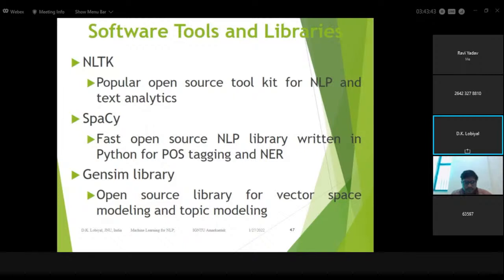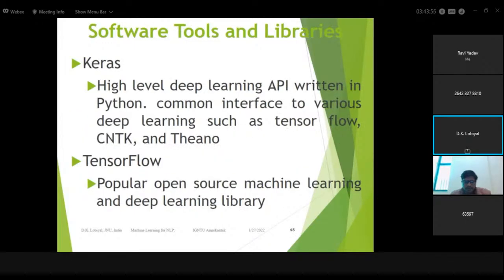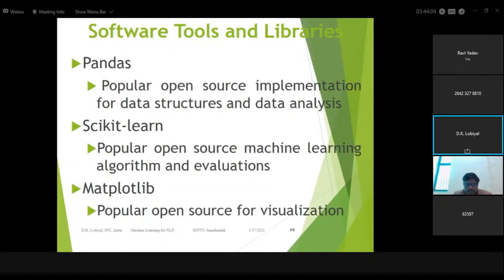Then you have spaCy, an open NLP library for POS tagging, NER. GenSim library for word vector-based model conversion, so you can use the GenSim library. And all this can be combined with Python. You have Keras for deep learning, TensorFlow for machine learning. You can have scikit-learn, which gives you a lot of machine learning algorithms,